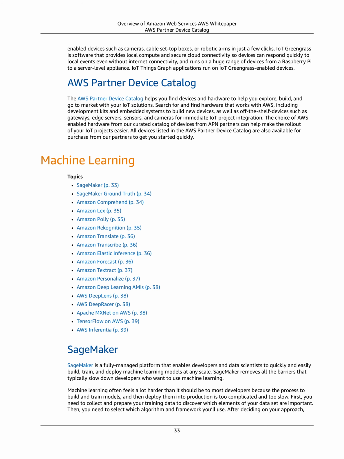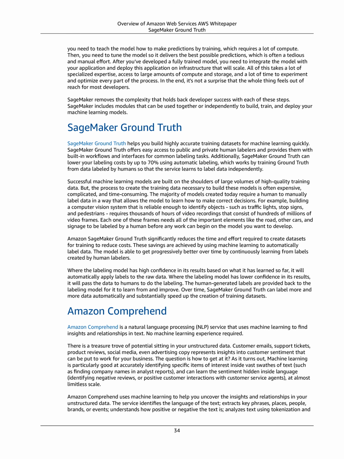Machine learning often feels a lot harder than it should be to most developers because the process to build and train models, and then deploy them into production is too complicated and too slow. First, you need to collect and prepare your training data to discover which elements of your data set are important. Then, you need to select which algorithm and framework you'll use. After deciding on your approach, you need to teach the model how to make predictions by training, which requires a lot of compute. Then you need to tune the model so it delivers the best possible predictions, which is often a